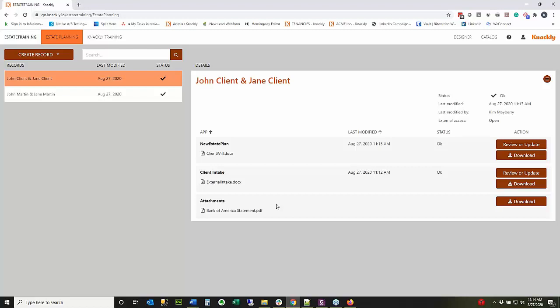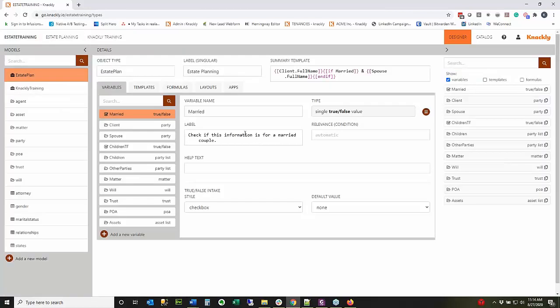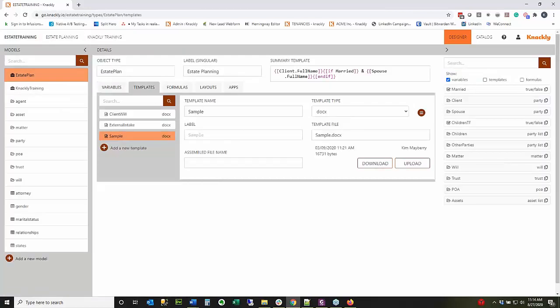Now the other approach to getting people into the intake is say they call you, you get some information from the client, and then you want to be able to send them a link directly so that they can hop into it and finish it off. So let's go through how to set that up. The way I approach this, you can do it a couple different ways, but I'm going to create a new text template